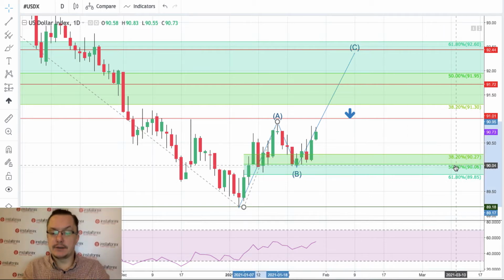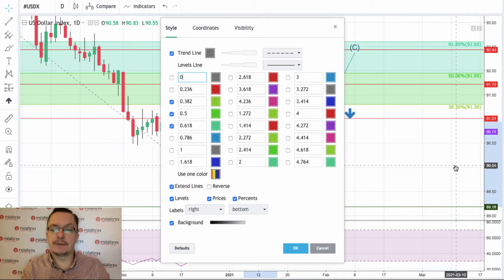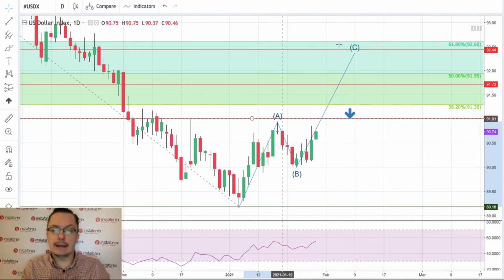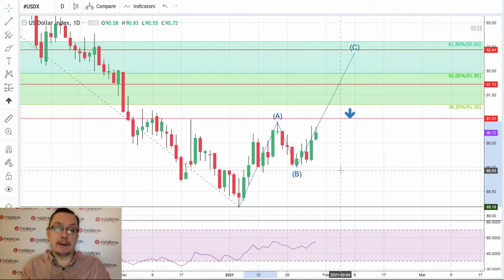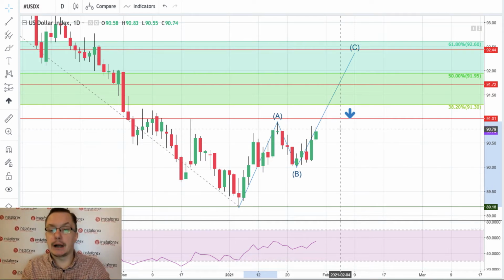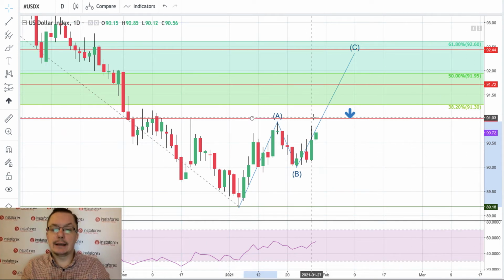I guess that we can just remove the retracement for wave B. Yes, thank you very much. And now we have only the targets for wave C. So for now, the outlook is bullish. As you can see, the momentum is 55 points, so it's getting up. It's pointing to the north. So for now, the US dollar is supposed to be bouncing higher, especially towards 91.1, and then we got some new high, and we see how deep it will retrace apparently.